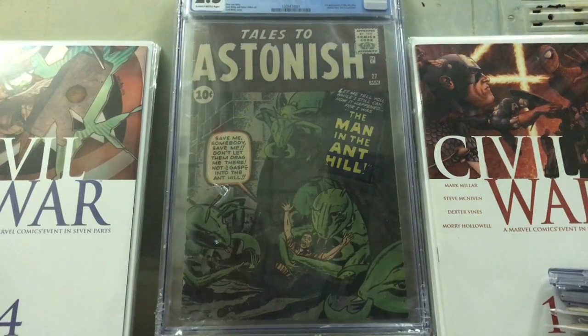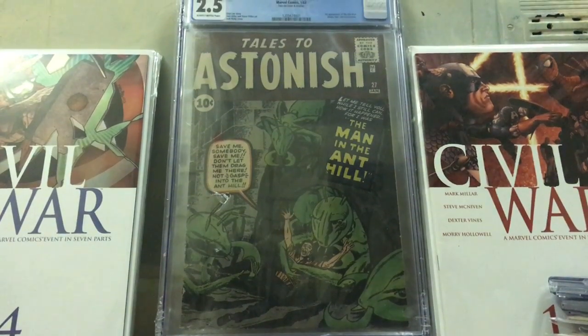Definitely they were on my radar from the beginning of the year. And one is a book that I never had before, Tales to Astonish 27, the first appearance of the Ant-Man. And this is a tough book. I mean, there are not too many in the census. 2.5